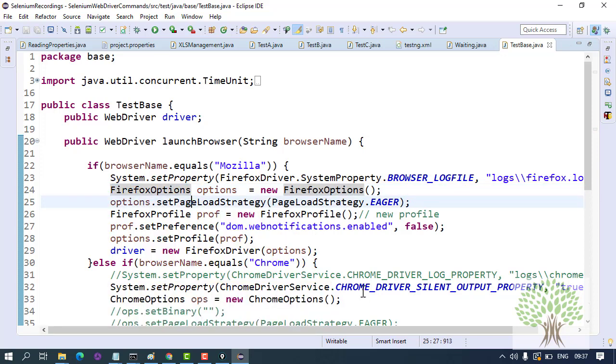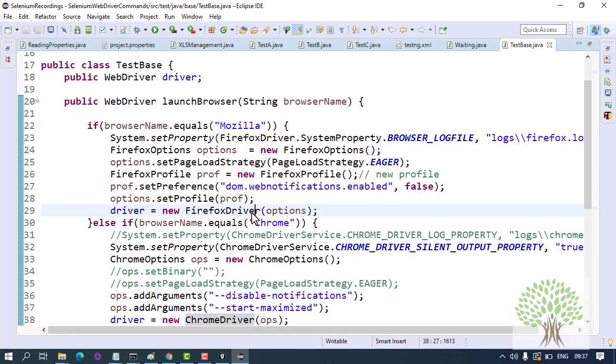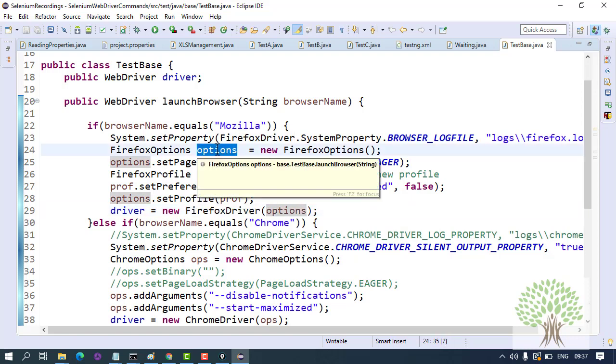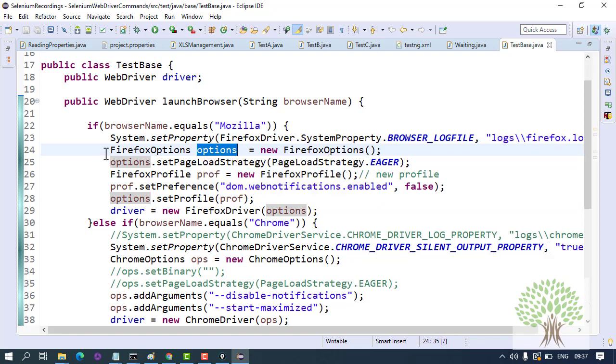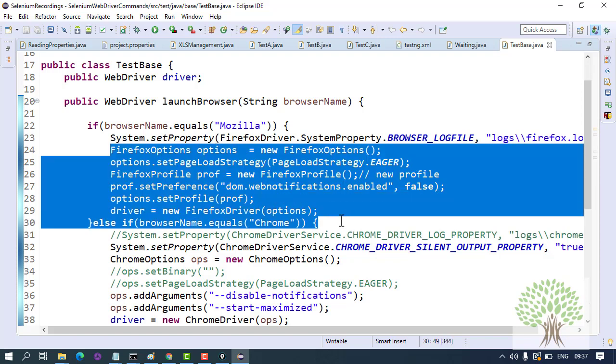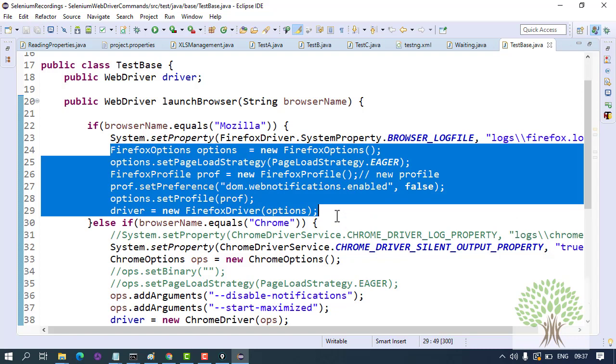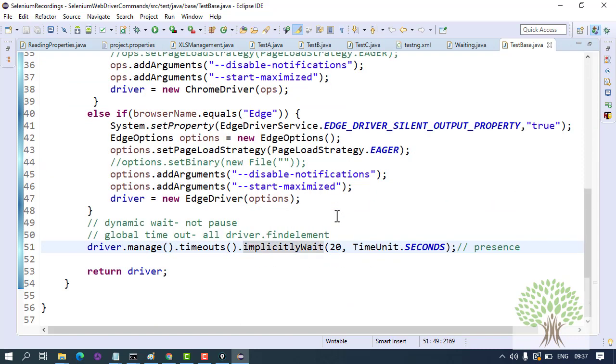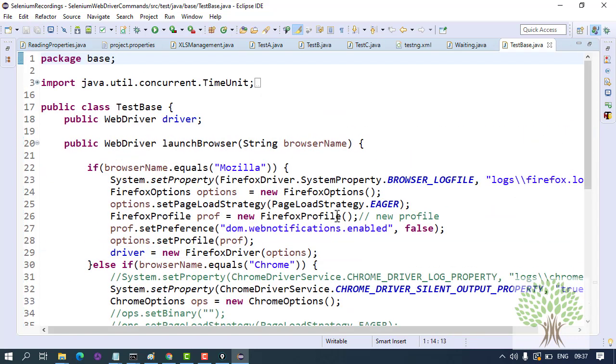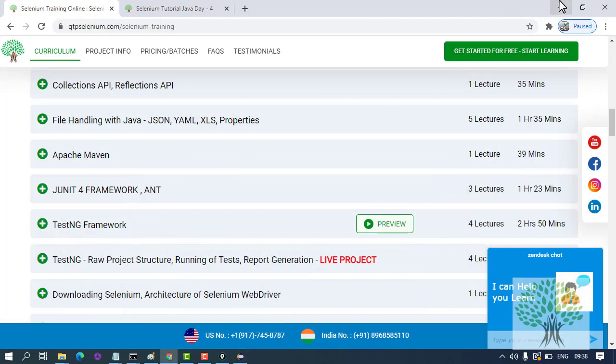To work with Firefox, I use the Firefox driver object, and in the constructor of this Firefox driver, I'm sending the Firefox options object reference. What is this code doing? Please don't think about that. What I'm trying to tell you is that object creation and objects are the very basics of the architecture. So please concentrate on it.